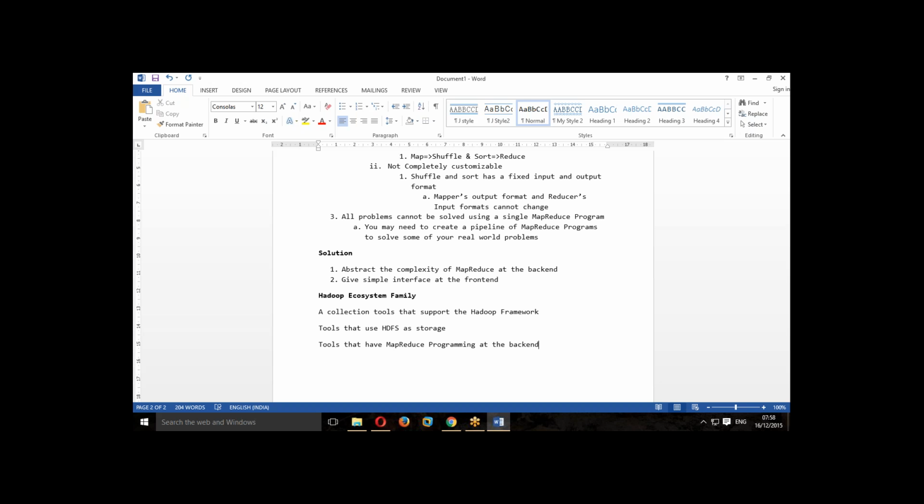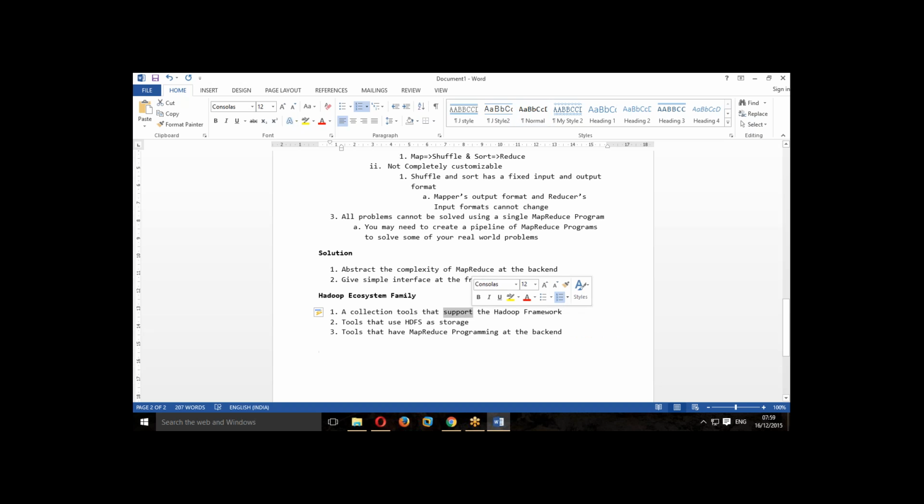They are tools that follow the same job process, the same architectural status and background, but at the backend. So the Hadoop ecosystem family is a collection of tools that support the Hadoop framework, or that actually run on the Hadoop framework. These are the tools that use HDFS as storage and have MapReduce programming at the backend. This is clear? Yeah. So talking about these tools,